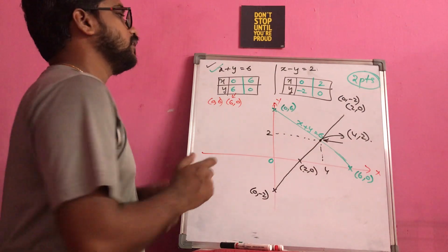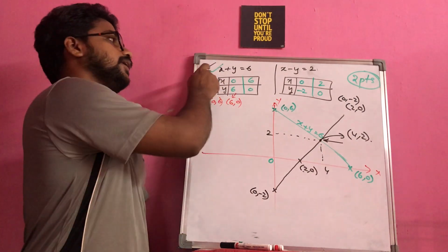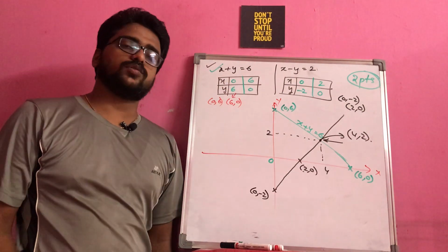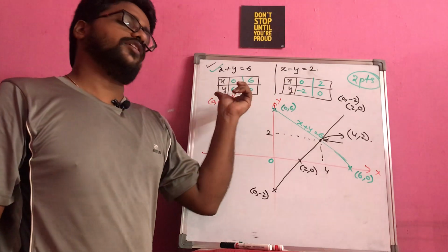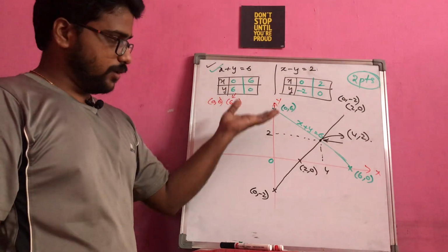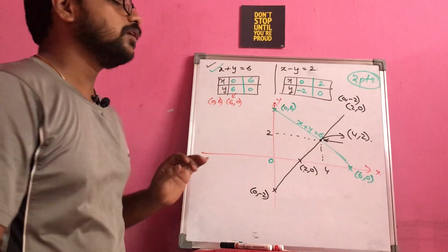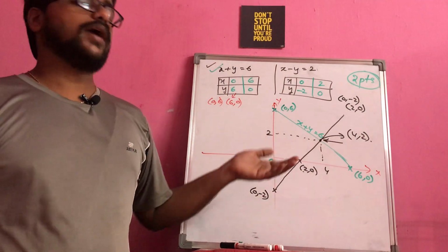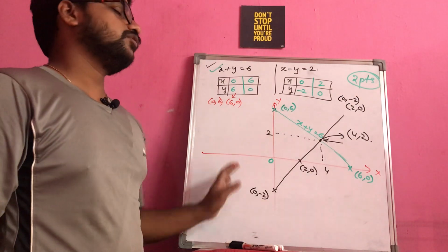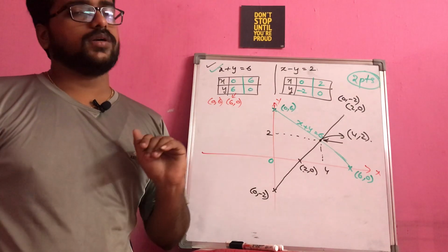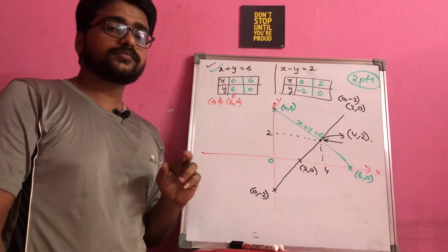And another important thing, we need at least 2 points to represent any linear equation in the graph sheet, because you are having 2 variables. It is up to you. If you want, you can take the other combinations also, still you will be getting the line in this way only. There is no other go, and there is no rule that you have to draw only in the first quadrant or only in the second quadrant. In these 4 quadrants you can draw wherever you want. That doesn't make any problem for you. It is up to you, right?